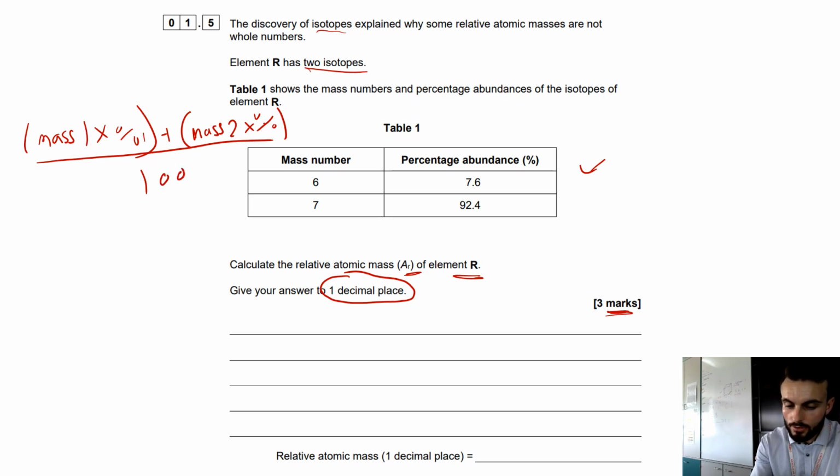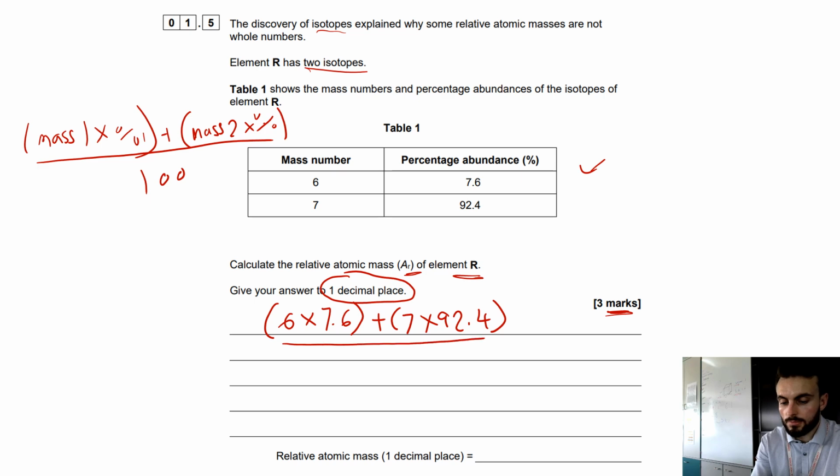So all we're going to do for this one is mass 1, which is 6, times 7.6%, plus the mass of the other one, which is 7, times the percentage, which is 92.4, divided by 100. If you struggle with calculator stuff, you can even do this bit equals first to get your answer, and then divide what you get by 100, or you can just put it all in like that, and then you will get a final answer of